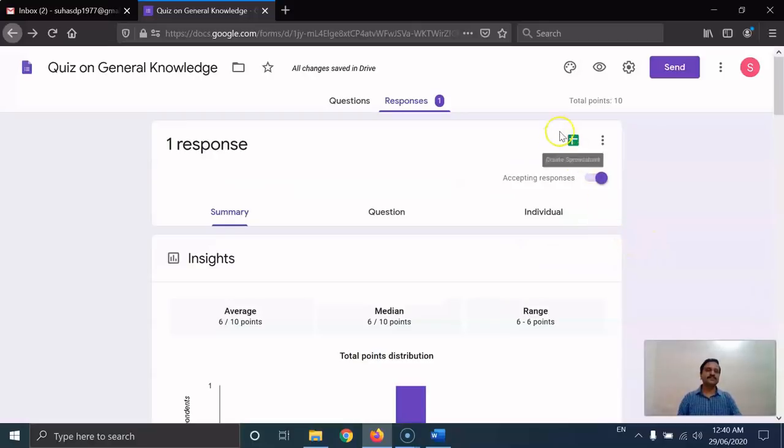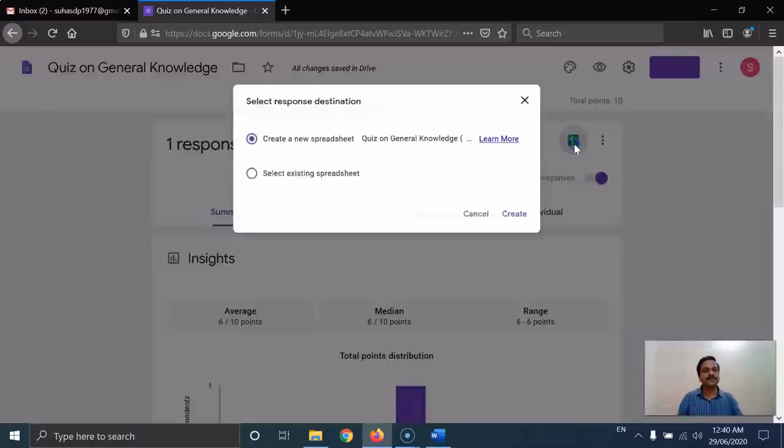The same responses can be downloaded in the form of a spreadsheet. Now see, let's imagine that I have some 50 students and I have given this assignment in the form of a quiz, with a total of 50 questions. So I can generate a mark list in a single click.